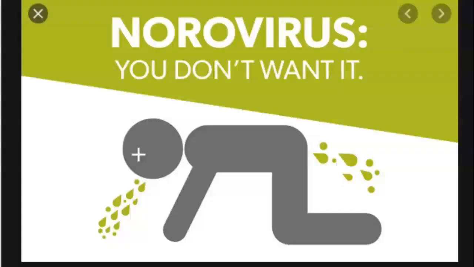Outbreaks of norovirus have occurred in prisons, on cruise ships, and in nursing homes, college dormitories, and other places where large groups of people are in close proximity. Hand washing and sanitizing surfaces and other environmental items help prevent the spread of the illness. Proper food and beverage preparation is also important to prevent contamination.